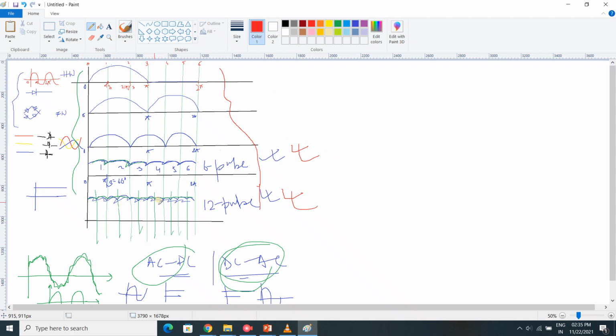Yes, sir. So this is the difference between 6 pulse and 12 pulse. If you increase the number of pulses, obviously more than 12 pulse is not possible, because theoretically you may do that, and in MATLAB also you may achieve it, but the practical design of a 12 pulse is a very cumbersome task, because it is much more complicated and there is a lot of chance of firing angle mismatching, so it may result in a huge amount of distortion.